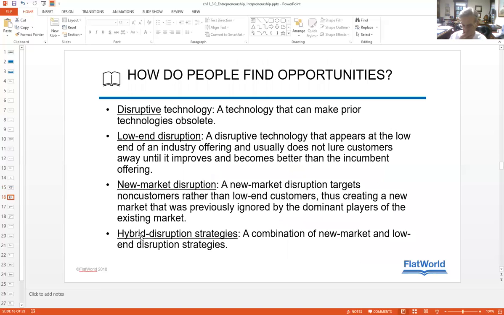Okay, and in fact, here it is. So the question the authors are asking is, how do people find opportunities? In the textbook, they give you some examples, but they're really describing the types of opportunity at this point in the chapter. Disruptive technology is a concept